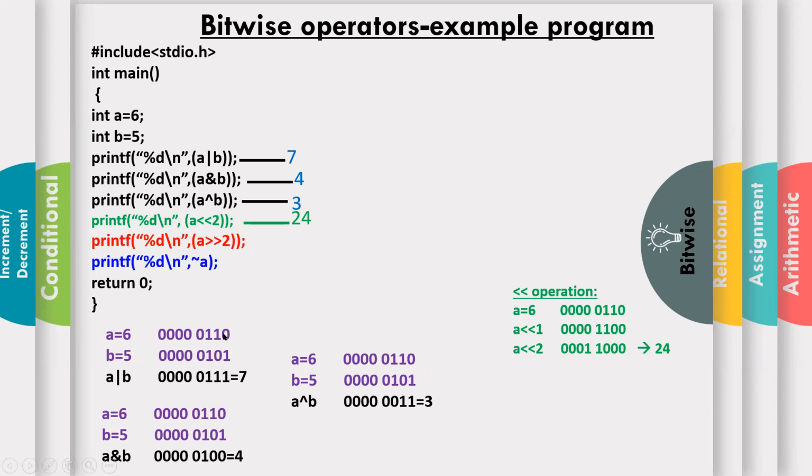Similarly, the next one, greater than, greater than. Once again, the same story. So consider the binary value of A, but here right shift. That means move the bits to the right side. So 0110 becomes 0011, and the last 0 is gone. In right shift, the bits are moving to the right side. So on the left hand side a blank is there, and in the left hand side blank you put 0. So after doing this operation the second time, this one is gone.